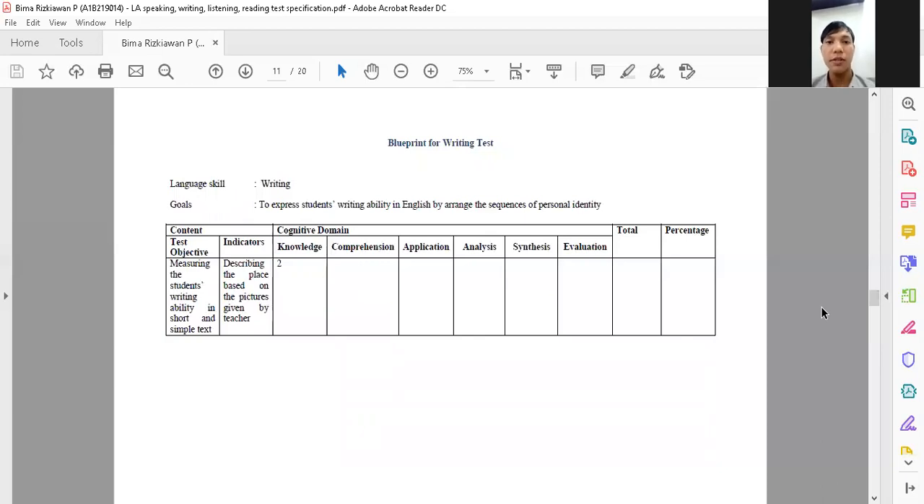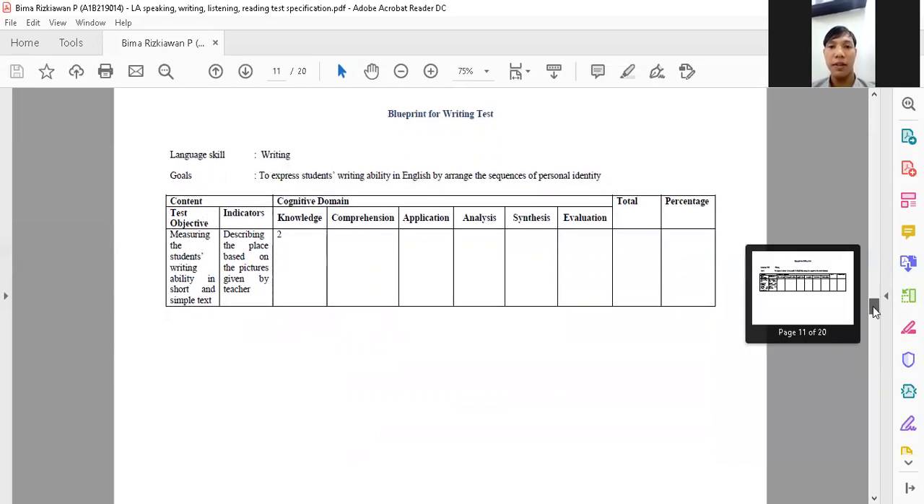This is the blueprint for the writing test. Goals: to express students' writing ability in English by arranging the sequence of personal identity. The test objective: to measure the students' writing ability in short and simple text. The indicators: describing the place based on the picture given by the teacher, and have